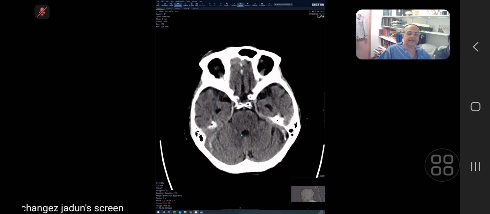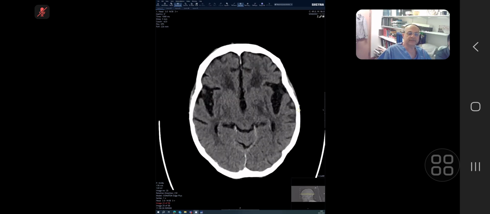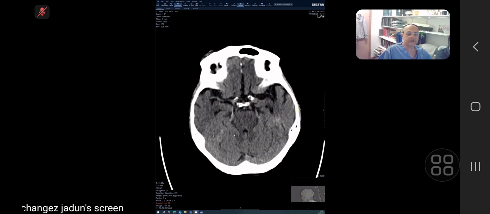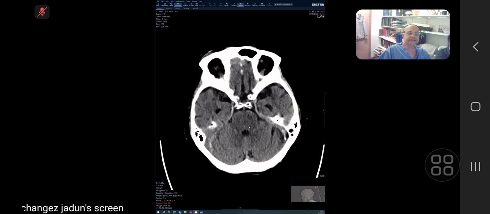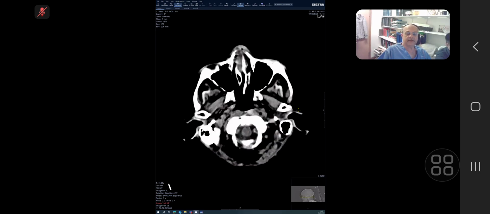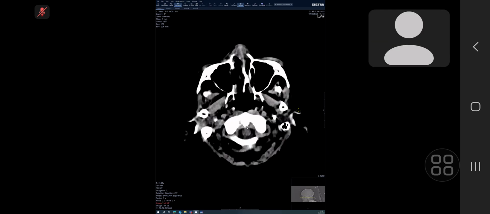And then also here along the tentorium, there is high density of the tentorium with some calcification. So this tells the examiner that you have seen the high density, but you have ruled it out, that this is not real. It is because of the calcification. Now, the very important thing which I expected you to do, which you did not ask, so I did not give you, was